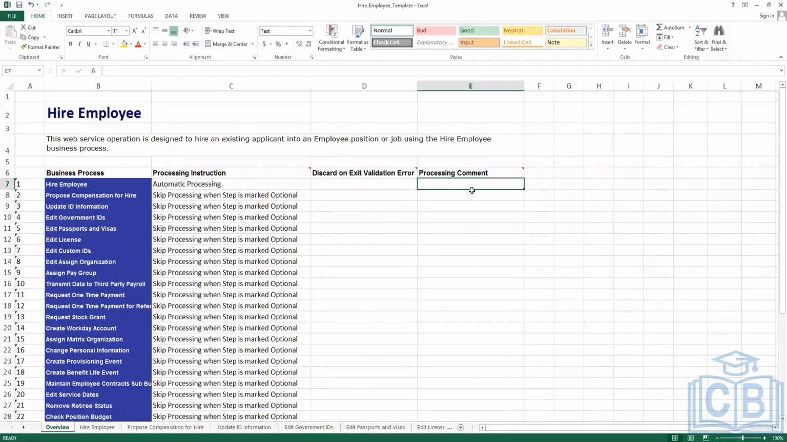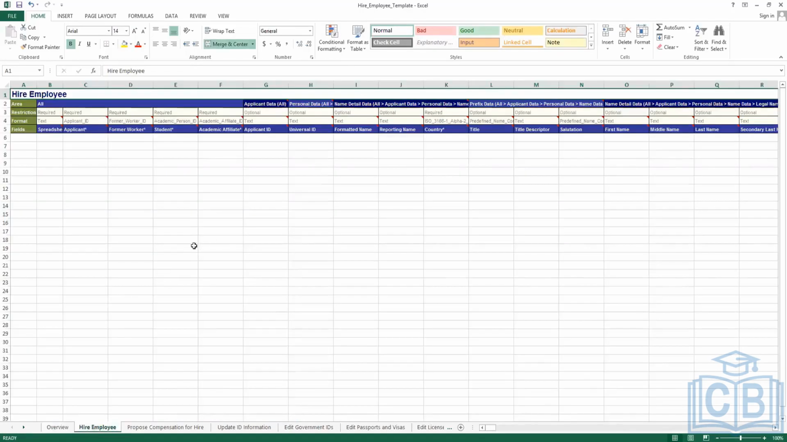You can also enter a processing comment. You can enter a free-form comment for the hire regarding the business process. You can say hired using an EIB spreadsheet. For each of the workers who are going to be hired, we will have the comment hired using an EIB spreadsheet. This is a standard comment that you can use for all the workers. Now come the individual web service operations. The first one is